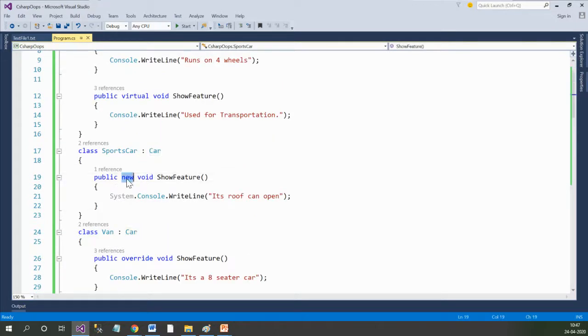Okay, so I'll write the override method here.